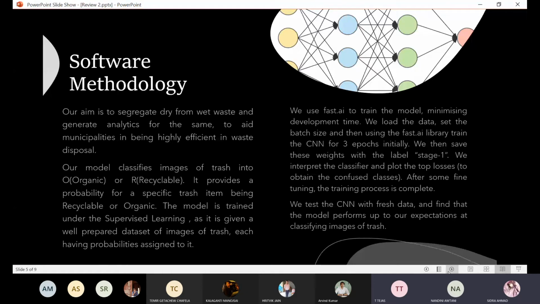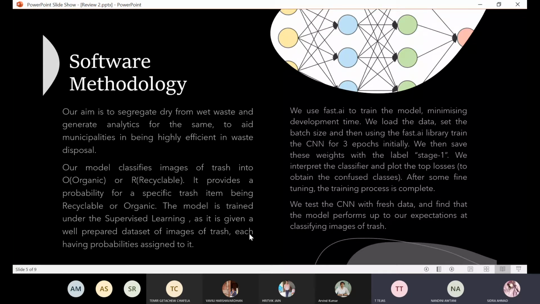So we'll be importing a data set from Kaggle, and it contains 22,500 images of organic and recyclable waste that is divided into train data and test data. We'll be using Fastai to train our model, and although it takes a lot of time to run this model, the results are very good. So we load our data set, train the model, save the model, we interpret the model for the classifier, check for the losses, calculate the efficiency of our algorithm, get the results from our trained model, and show the test dataset output.